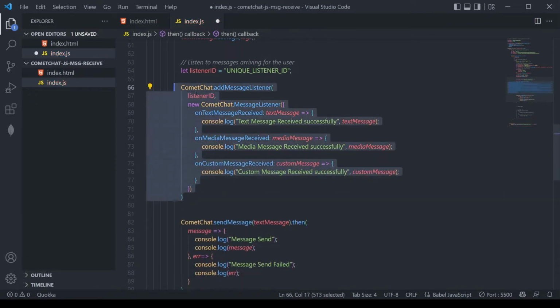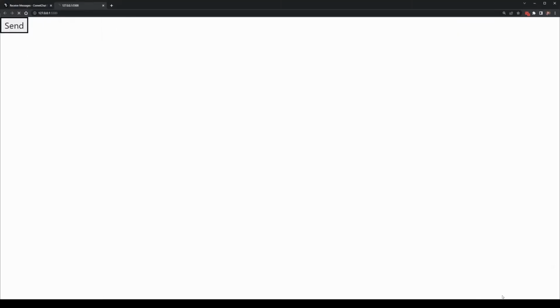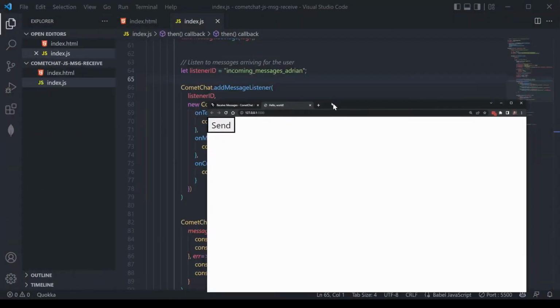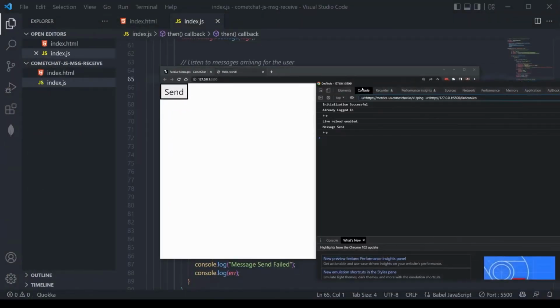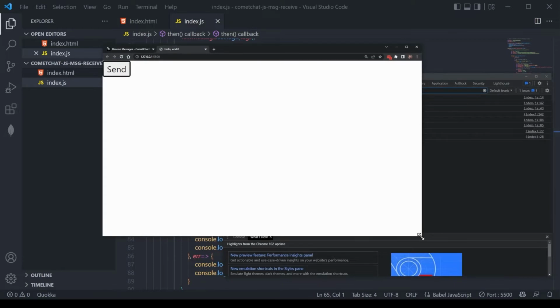With all that done, we can head back to the top and define a better listener ID. I'm going to create one called incomingMessages_Adrian, and this will be defined a lot better because it's a lot more clear as to its functionality. We're now almost ready to test this out. We can open up our Chrome instance previously, where we created a custom message that we can send through this button. The one thing that you'll notice though is that when we do send this message from Adrian to Adrian,